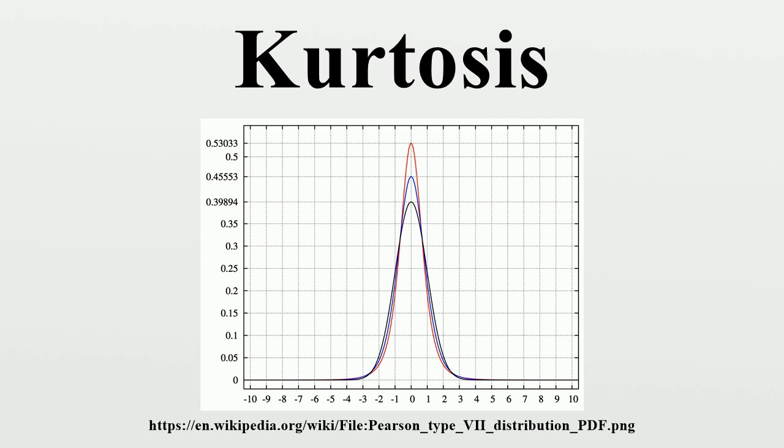For this measure, higher kurtosis means more of the variance is the result of infrequent extreme deviations, as opposed to frequent modestly sized deviations. The kurtosis of any univariate normal distribution is 3. It is common to compare the kurtosis of a distribution to this value. Distributions with kurtosis less than 3 are said to be platykurtic. An example of a platykurtic distribution is the uniform distribution, which does not have positive valued tails.